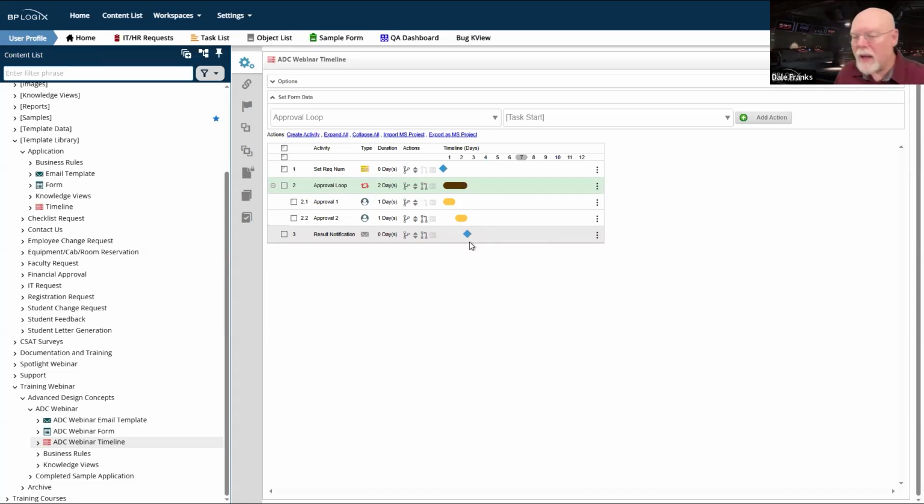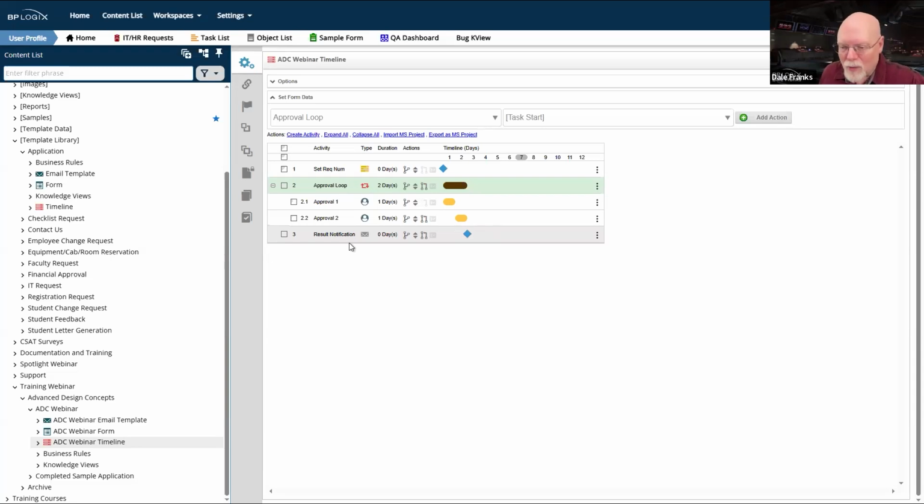There may be a case where I have an activity that is not part of my approval loop, but I want it to run after one of my approval loop activities has completed. In that case, I may not want it as part of the loop itself. I may want it to run independently of the loop.